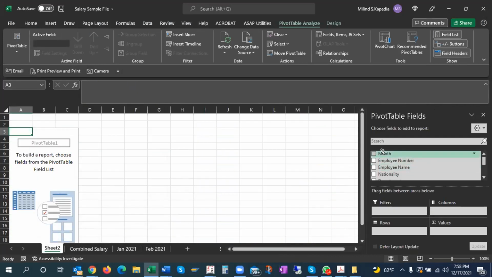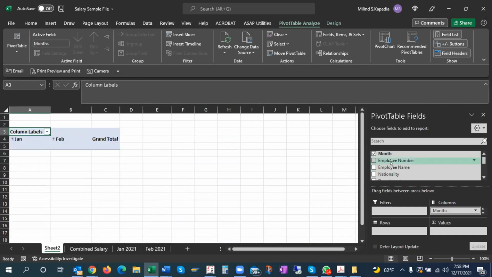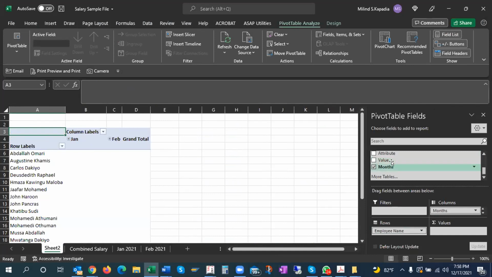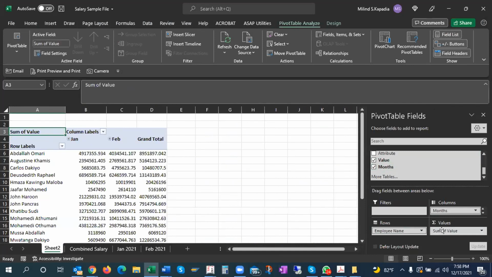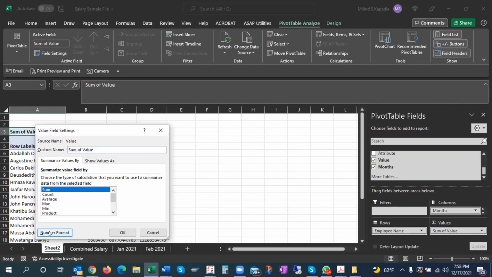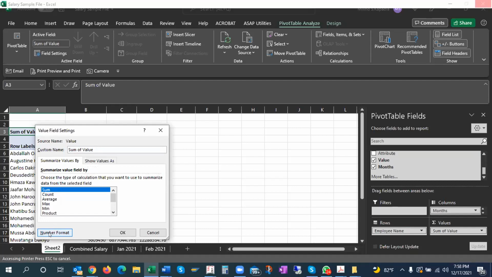What I want is month in columns, employee name in rows, and I have values in here. You see? So now I can compare from one month to another month. I'm just changing the number format.